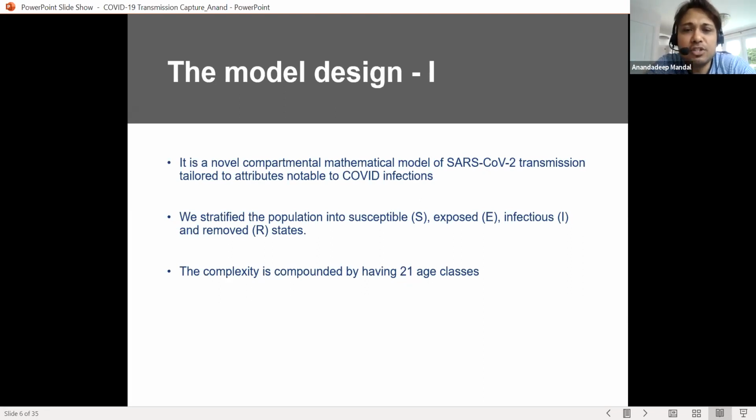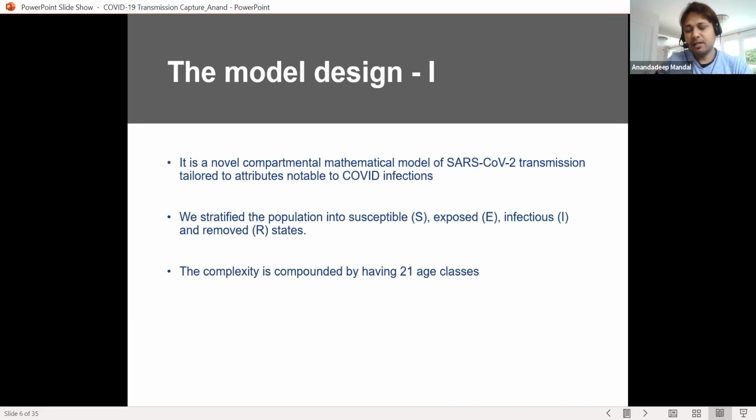So the model which we designed was a simple one. When we go to infectious disease, there are two models which are commonly used. One is an SEIR model, which I will go through again, and the other is an SIR model. What we do is stratify the population into categories. One is susceptible: a population which is susceptible to getting exposed to the disease. Then once you get exposed, you are infected, and then you enter the removed stage.